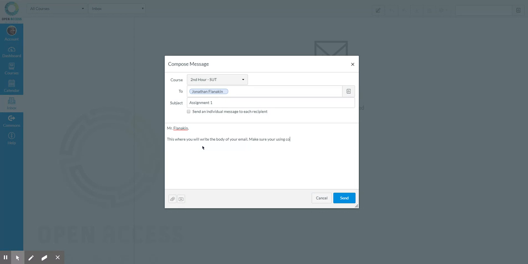Make sure you're using correct grammar and spelling. Make sure what you're writing makes sense. All right? Make sure you write your 5 to 7 sentences for this assignment. Okay. Once you have your 5 to 7 sentences about your goals, what you want to learn, those kinds of things, hit enter again twice, 1, 2, and then you can put your salutations, your closing.